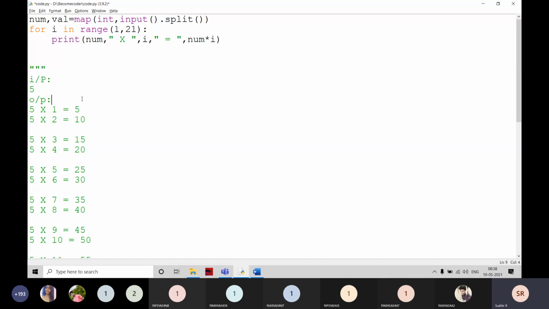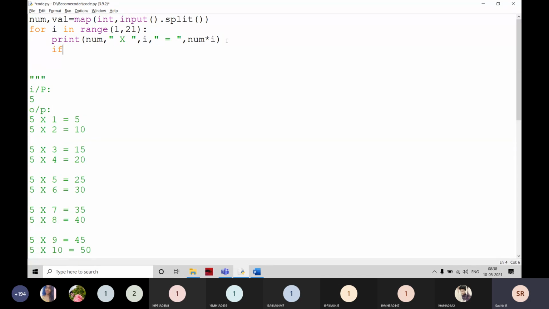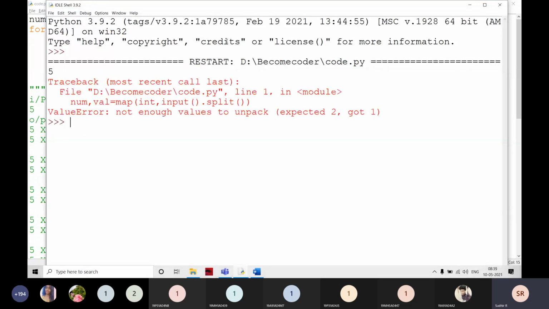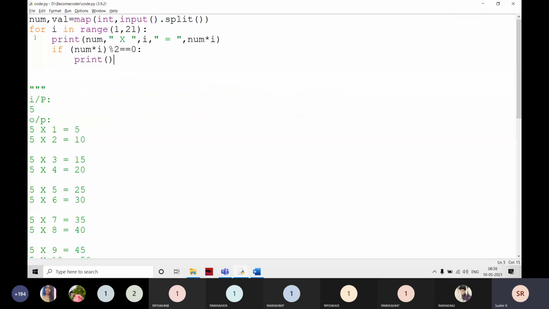The result is even. We are going to check if the result is even. Just simply I have to write if num star I, you have to maintain a bracket like this, and this is going to be an even number. I am going to print a new line. For example, here I'm going to read only one value, right?